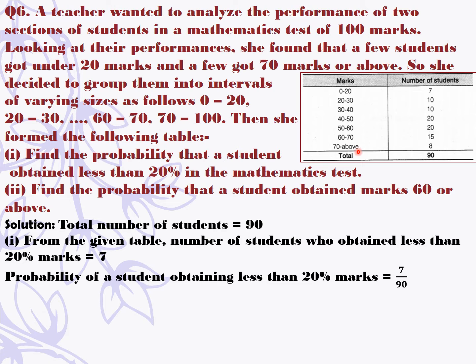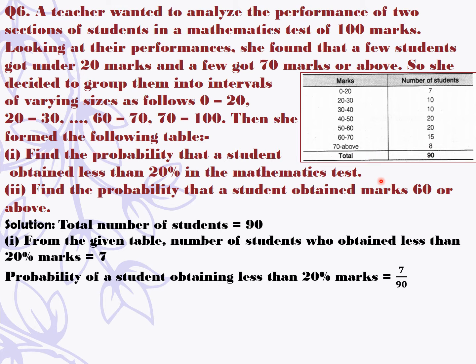That means 70 to 100. So everybody who is getting 60 up to 100 will fall into this particular event. That means the numbers here are 15 for the range 60 to 70 and 8 for the range 70 to